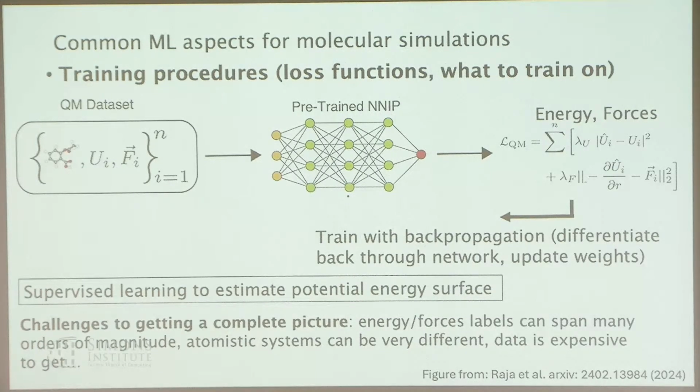These atomistic systems can also be really different. There's huge chemical diversity, whether you have a catalyst system versus a bulk material versus a molecule versus a protein. And so it's really hard to think about how you span all of these different types. And even the energy and forces labels that you get can span many orders of magnitude. This is something you could correct for with things like normalization, but I think it becomes hard when you actually go and use these downstream to capture that type of behavior.